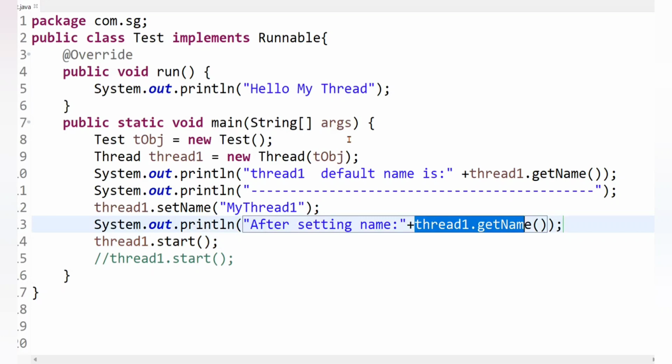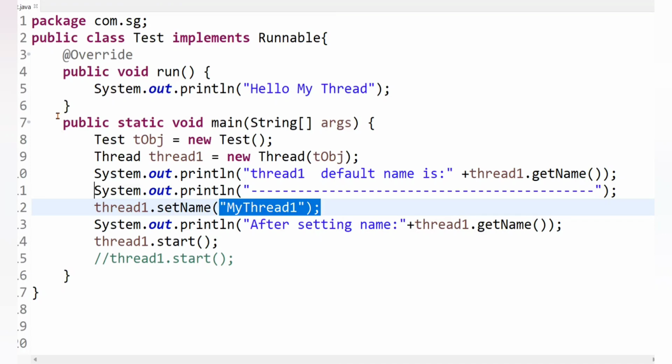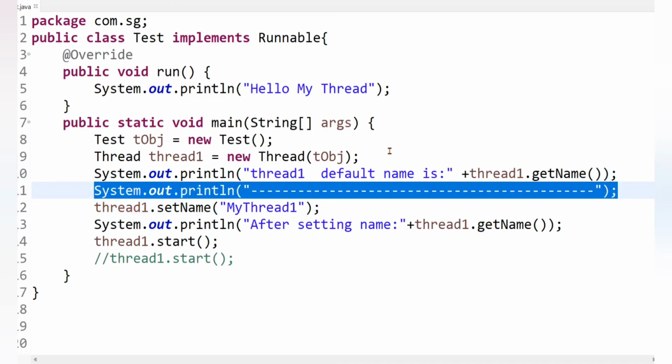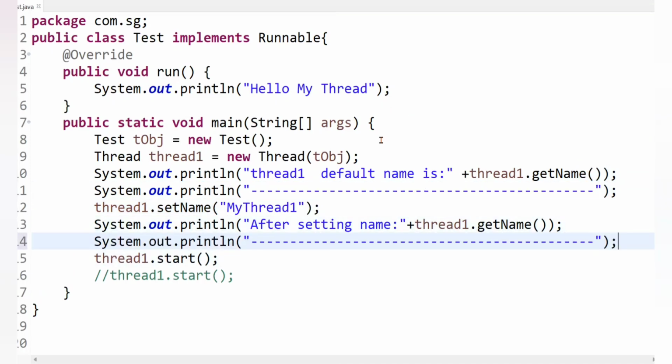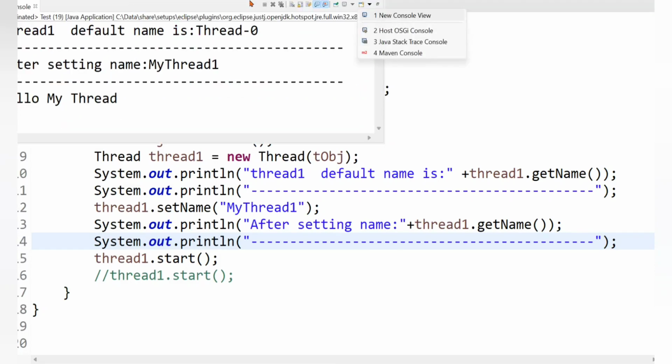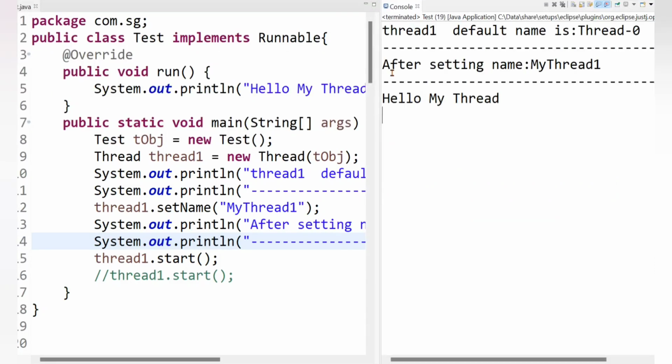So it will return the name of thread1 that we have set for it, and it's my thread1. Now let's run the code and let's see. You can see here the default name of thread1 is Thread-0, and after setting a name to thread1, the thread1 name is my thread1. Okay, clear?